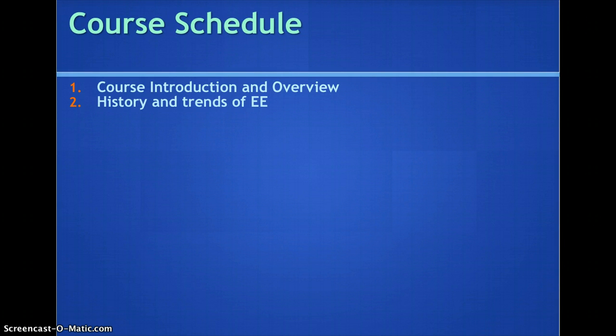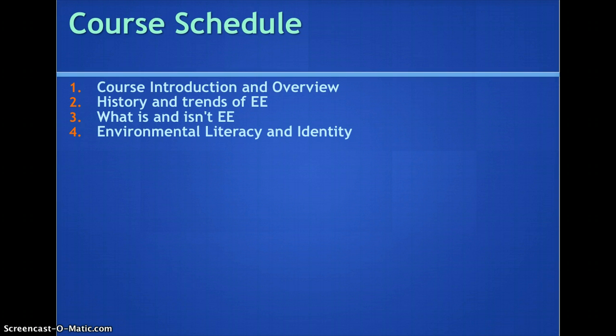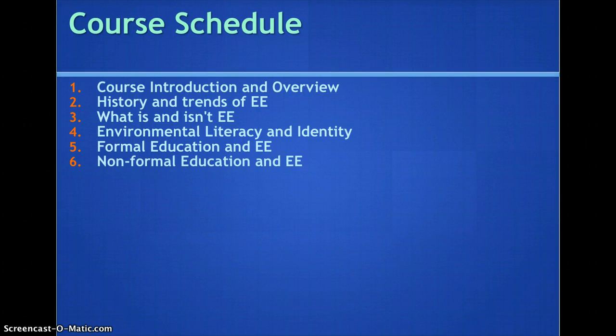Then we'll move on to history and trends in EE, looking at what is EE and what isn't EE, answering the question of why environmental education by looking at environmental literacy and identity, looking at EE through the lens of formal education, how that fits into the formal traditional classroom, and also the non-formal context, nature centers, citizen science, community education,